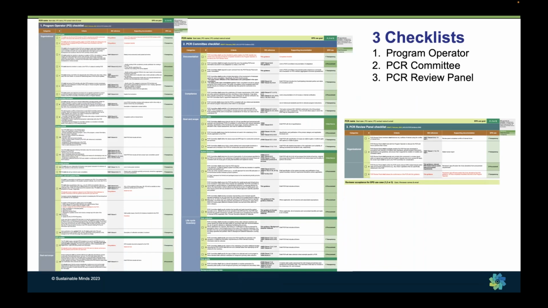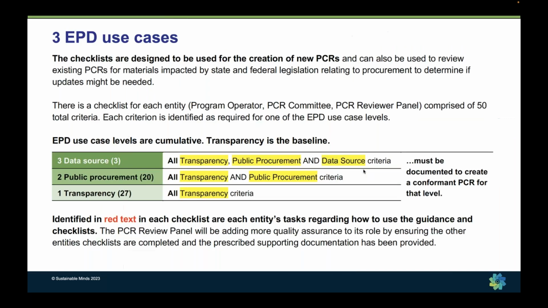And we created a very easy to use and understand set of tools, ultimately, where these are checklists for all the people involved in creating a PCR. These are the things the program operator has to do. These are the things the committee needs to do. These are the things that the reviewers need to do. It's made up of a whole set of criteria, and the criteria contribute to different EPD use cases, because what